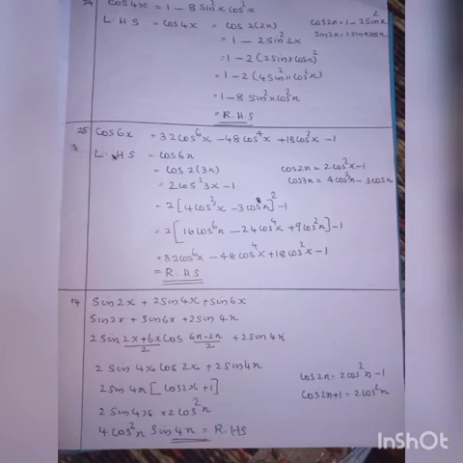Already you have studied this formula. Here we need cos 2x plus 1, so it is indirect. So from this formula, take negative 1 to the left side. We will get cos 2x plus 1. Isn't it children? Now apply this result here. Substitute this result here. So 2 sin 4x into (cos 2x plus 1) changes to 2 cos square x. Is it clear children? Now multiply 2 into 2, 4. Sin 4x into cos square x, cos square x into sin 4x. Simply write in order: first 4, then cos square x, then sin 4x, which is equal to RHS.